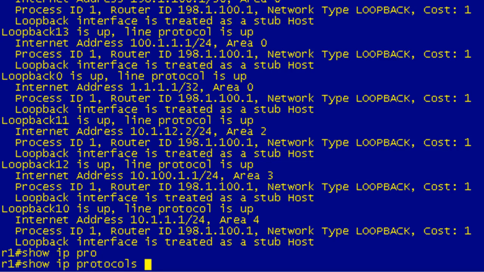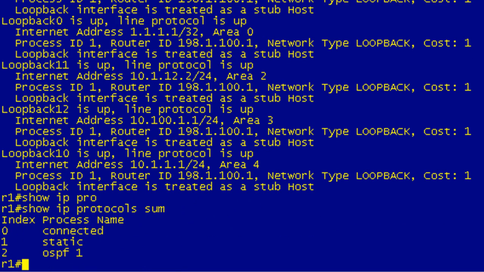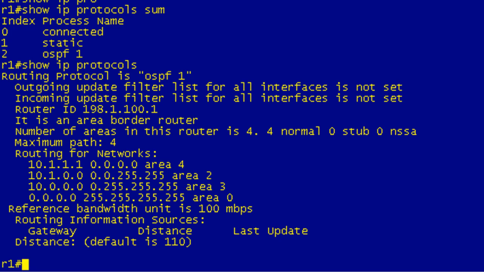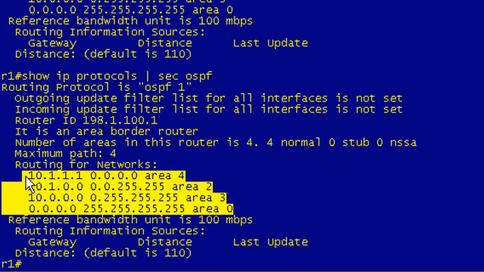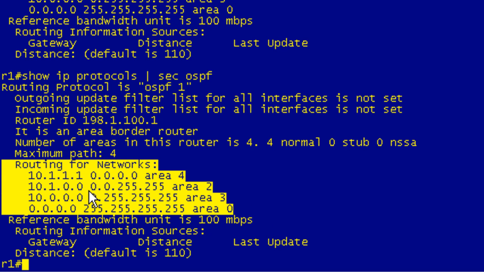show IP protocols, and you can hit enter here because if I do a show IP protocol summary, I'm only running OSPF. That's the only dynamic routing protocol I have. So if I put this in, it's just going to give me OSPF stuff. If you were running multiple dynamic protocols, you can actually do a grep on it where you're doing a section OSPF, and it would just give you the OSPF stuff. But anyways, the bit that we're looking for here is this routing for networks, and I will show you the